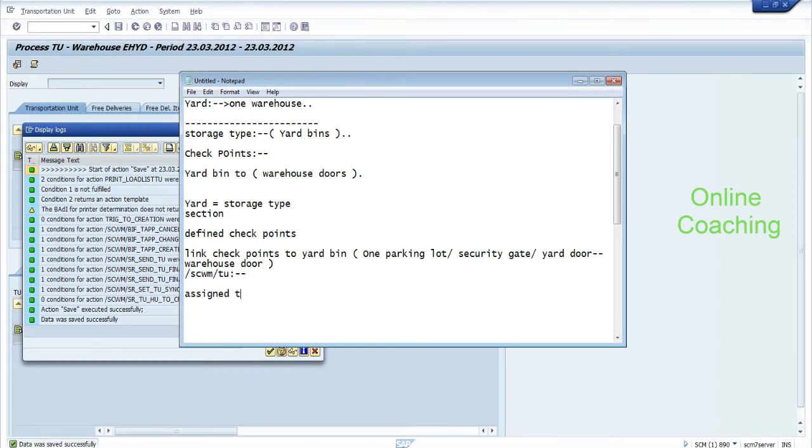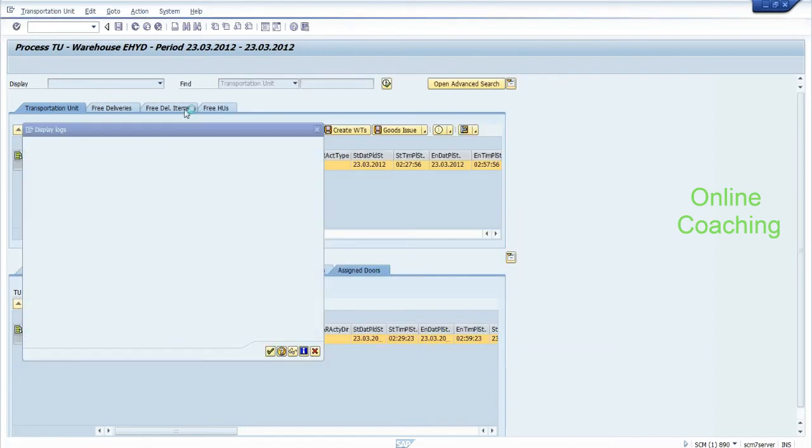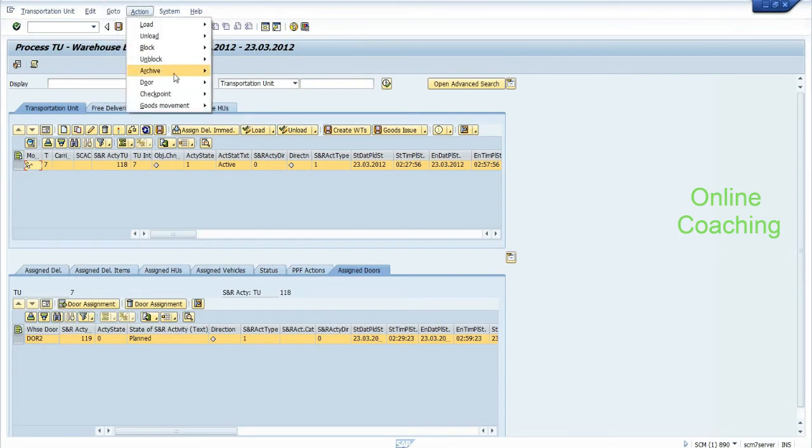I assigned it to a door, the target door where I want to move it. Now if I want to move it to the checkpoint, arrival plus save,